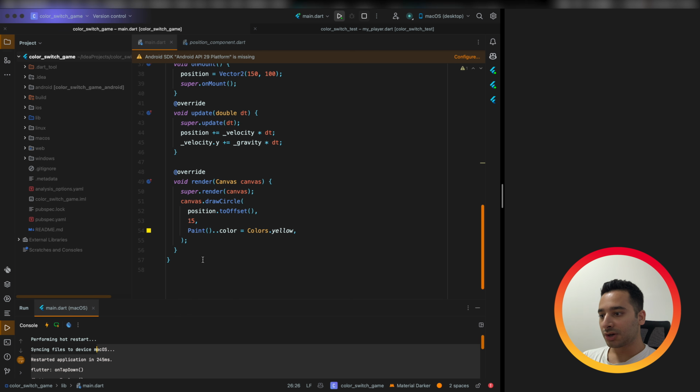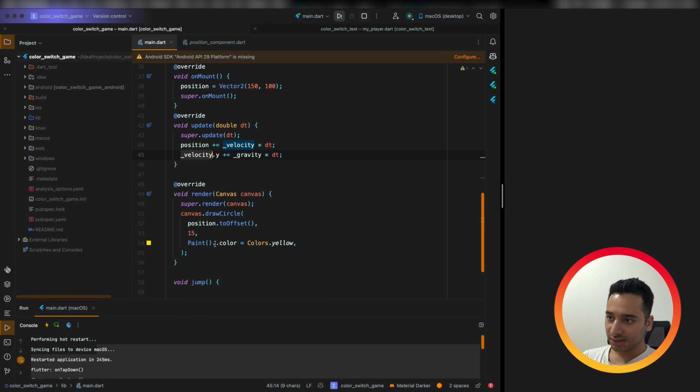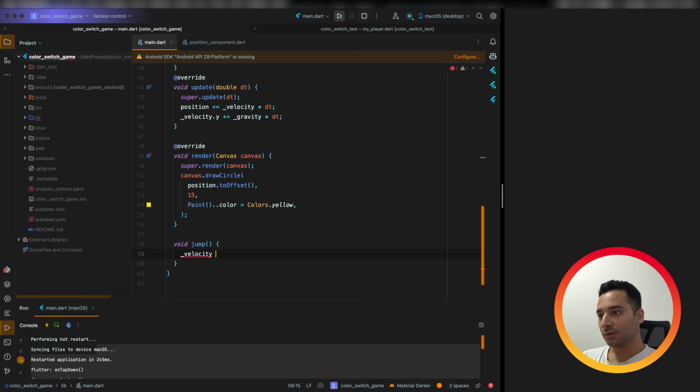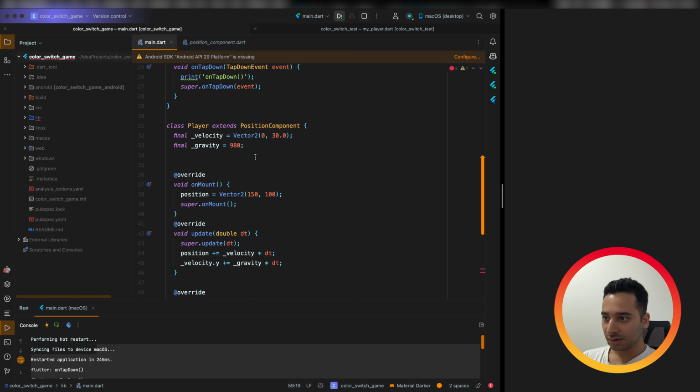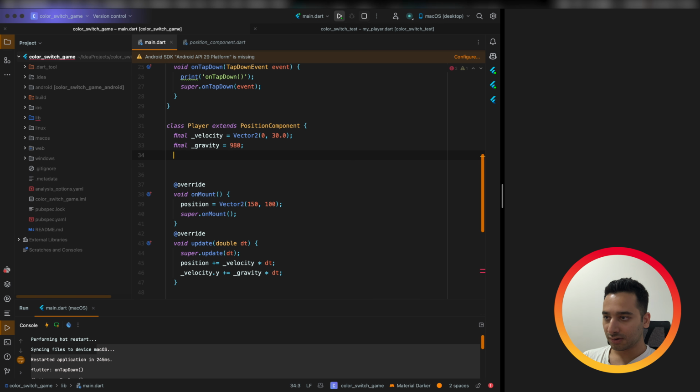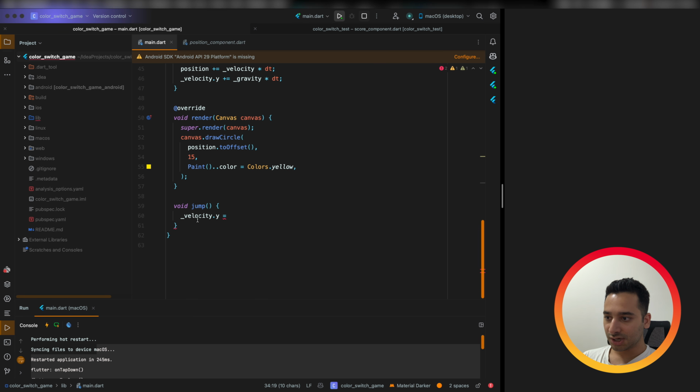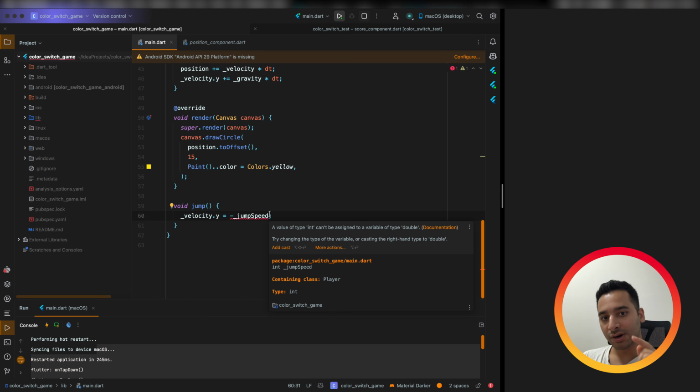And now we need to create a jump function here, which changes the velocity.y to something like, let's have a variable here, final jumpSpeed, to set it something like 250, and whenever we jump we change the velocity.y to minus jumpSpeed, because we are going to move our ball towards the top.